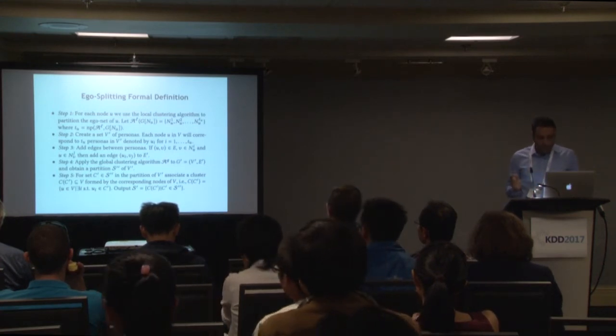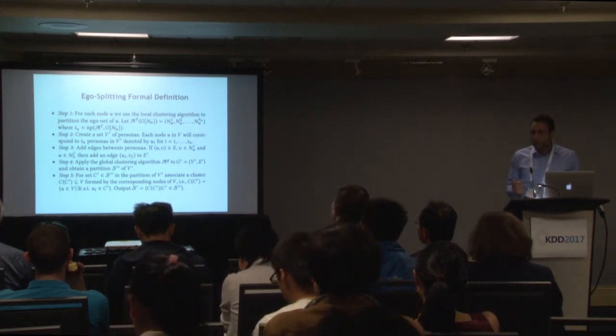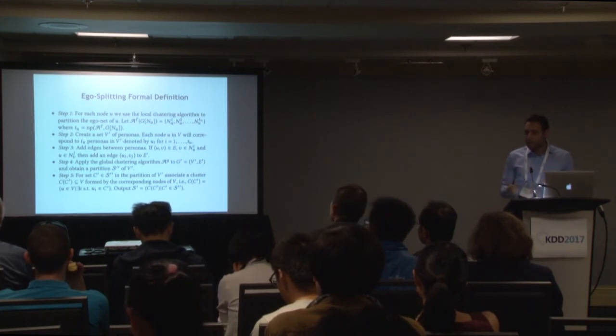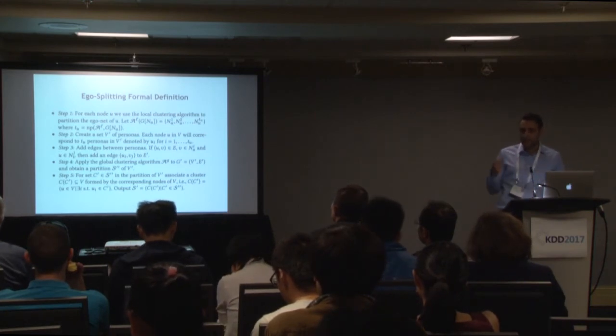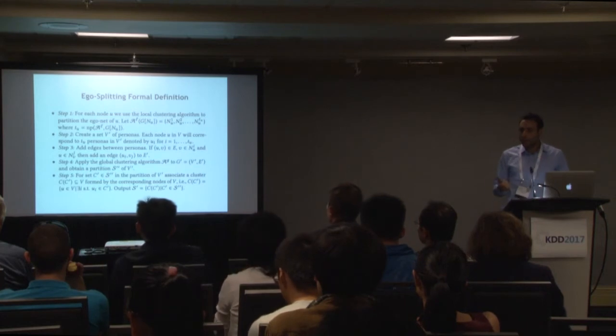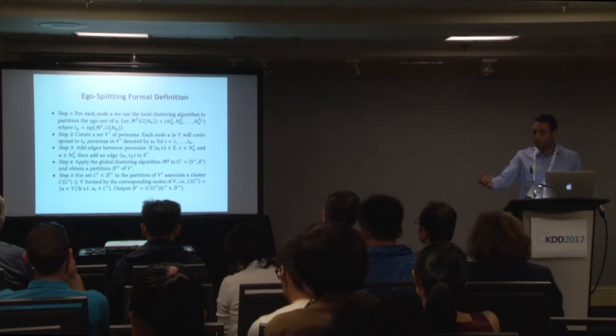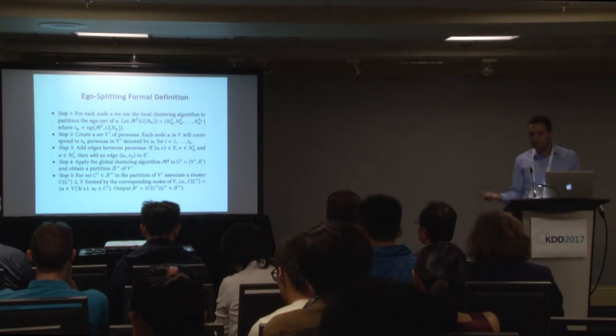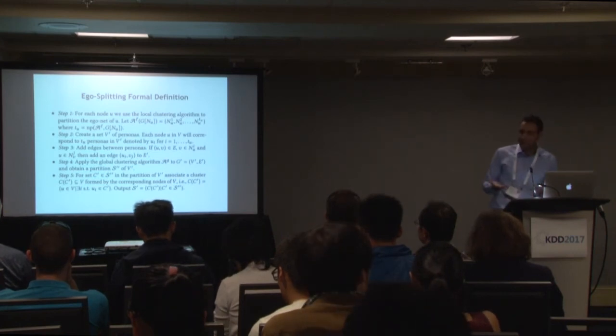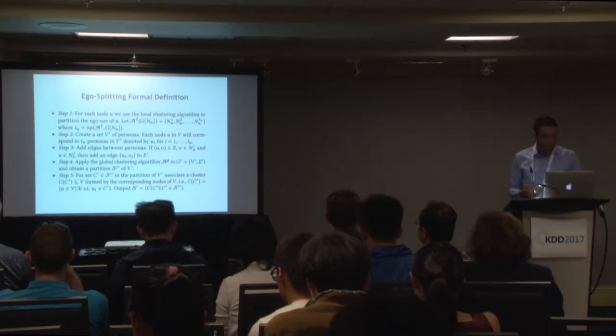Because let's look at the EgoNet of node U. There is only one cluster to which the node V belongs. Let's say that this is the cluster i. So now we know that the ith persona node of U is the one that is really associated with V. So we will associate this edge UV to this persona node of U. And you can do the same for node V. And so this precisely defines the persona graph.